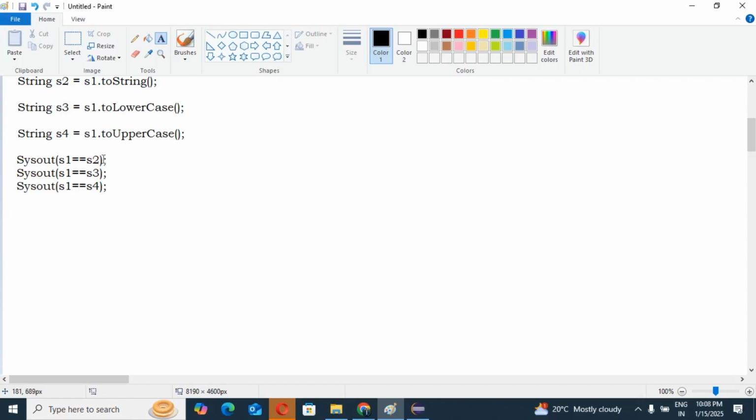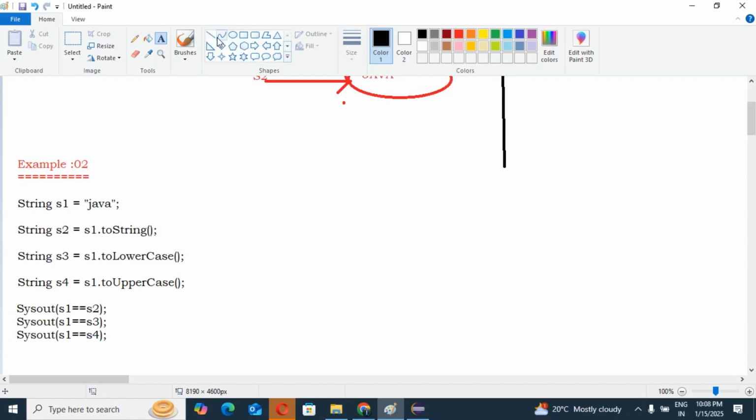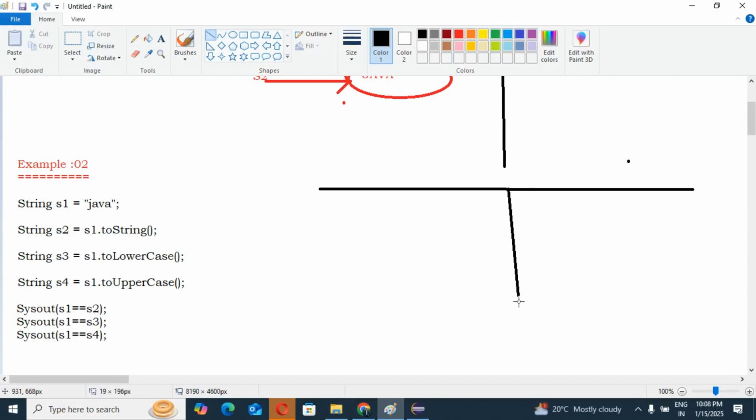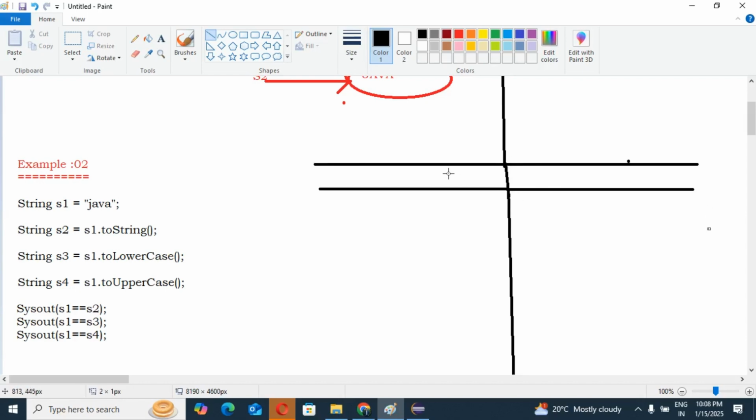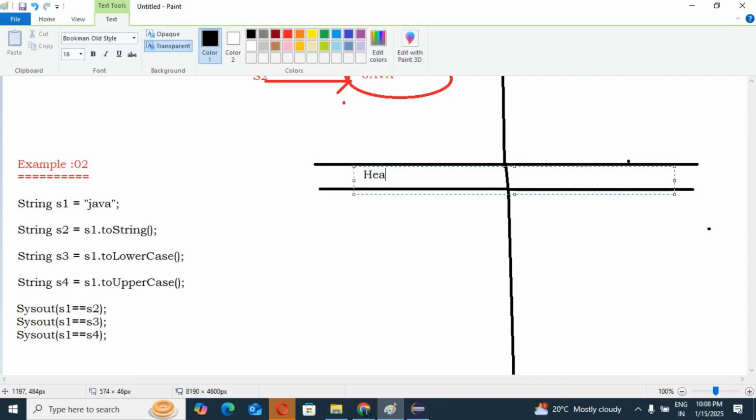Now we'll check which object will be created in which place. We know very well, this is our heap area, and this is our SCP area.